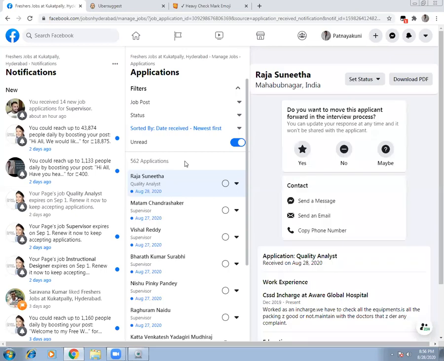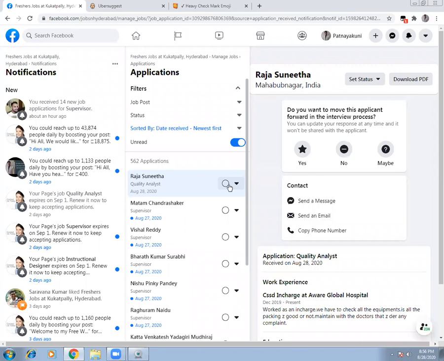100 applications are around 562, because during the COVID time there was a lockdown and we were not working, but still my page was working. Don't you think that's the beauty of it? Now when I get back to work and I need to hire for all these kind of positions, I can use these 100 applications, and the moment it is a red application, I click on any of them, 562 will